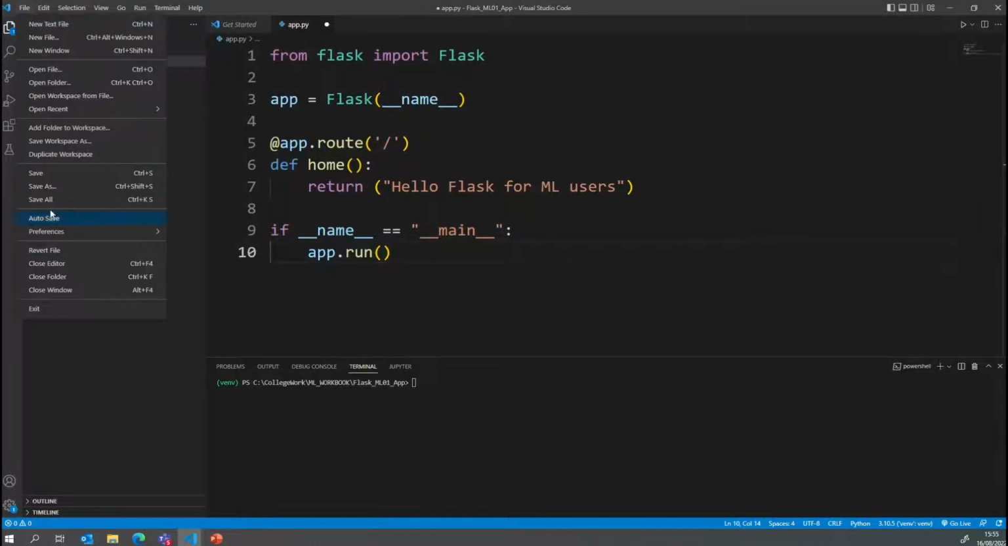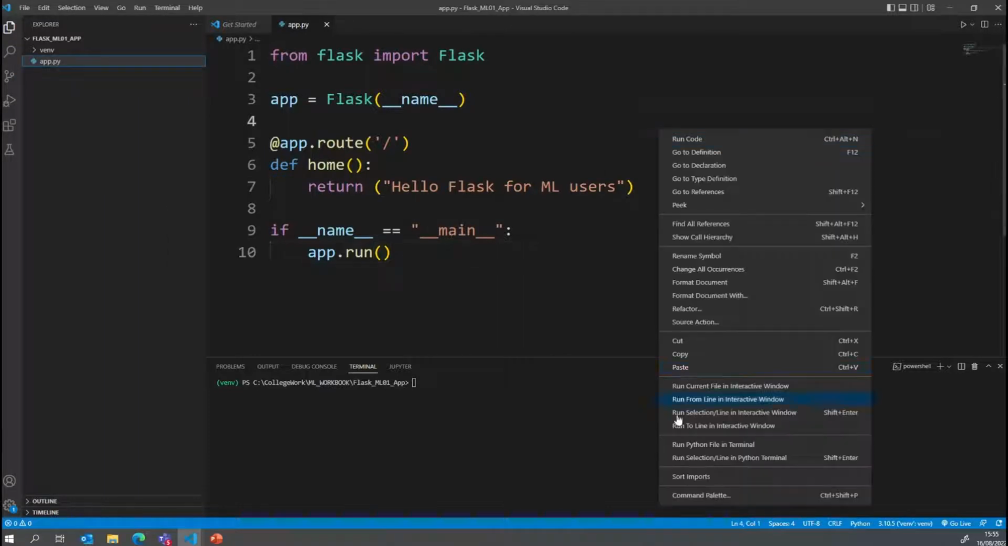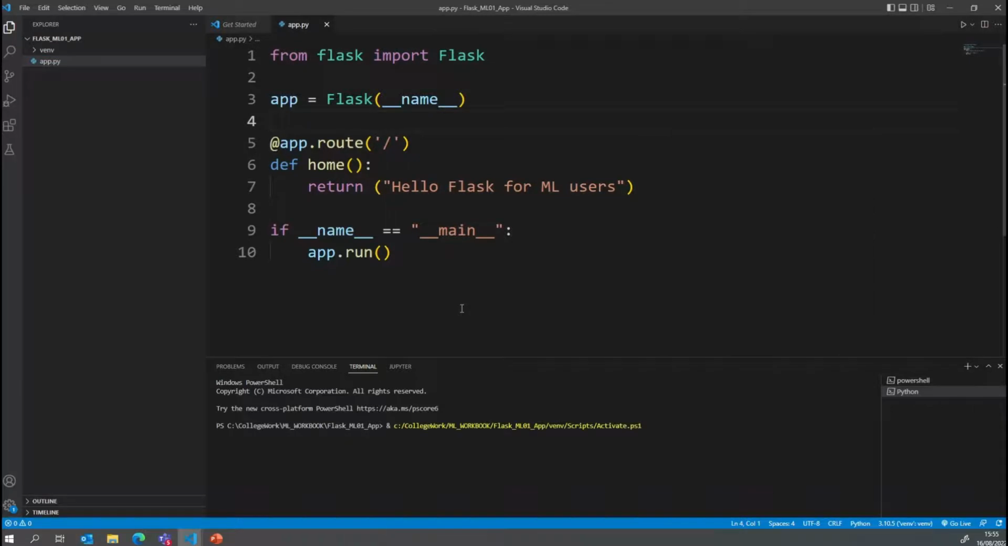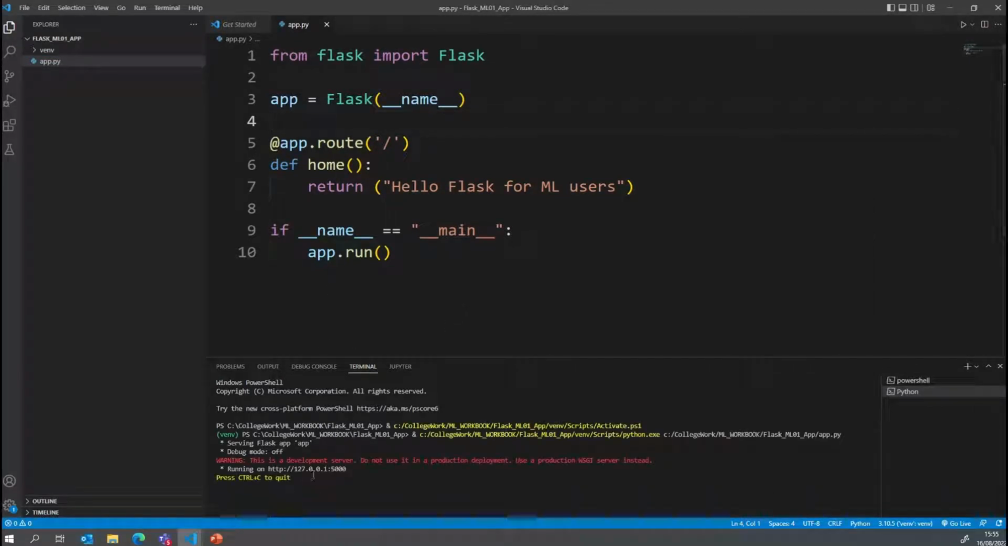So first save it, and then right click and run. See that your virtual environment is active, and run it. When you run it, it will show you this location, and you'll see debug mode is off because we didn't turn it on here. Now you can see this is localhost, 127.0.0.1 and so on. So click on here,